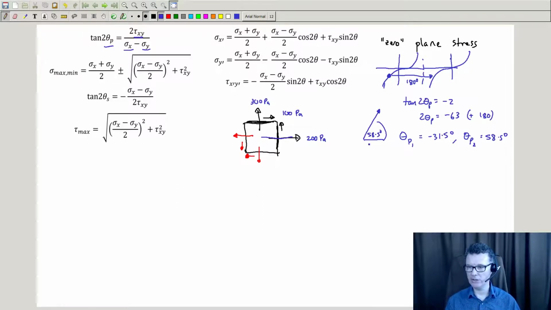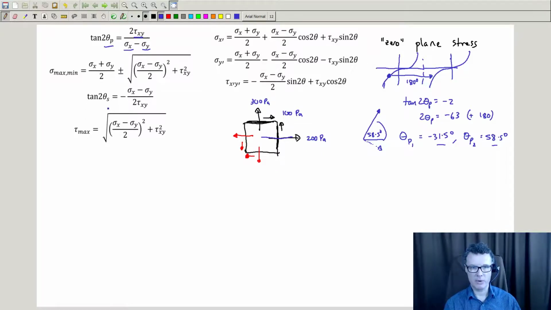And then we could say that the other direction is going to be going off in that direction there. So be careful, not necessarily your first solution will be actually the primary direction of interest, really. It's more interested in this result than this result. So that's what that tan equation is for, and obviously that's very useful for when you want to know about